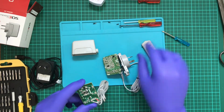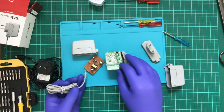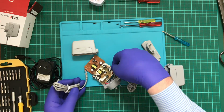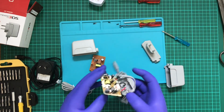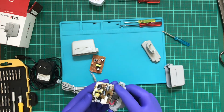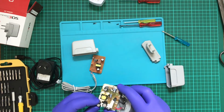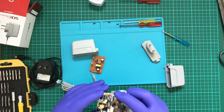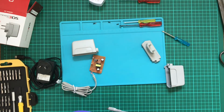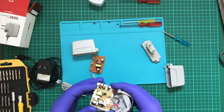My guess would be this is going to output just 5 volts. That's it. Just your plain old 5 volts. I mean, even the transformer's different. So it looks like this one's missing the capacitor. But you still have diodes, still got everything. Huh. Damn, these are definitely put together in a...